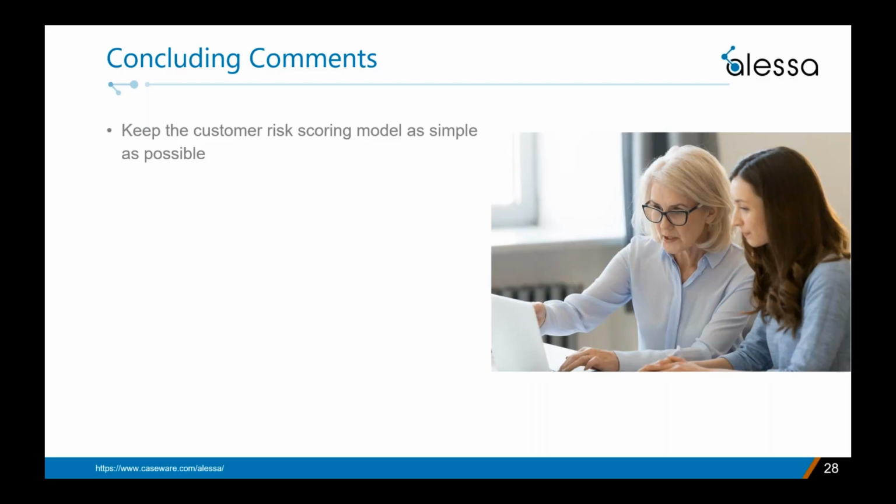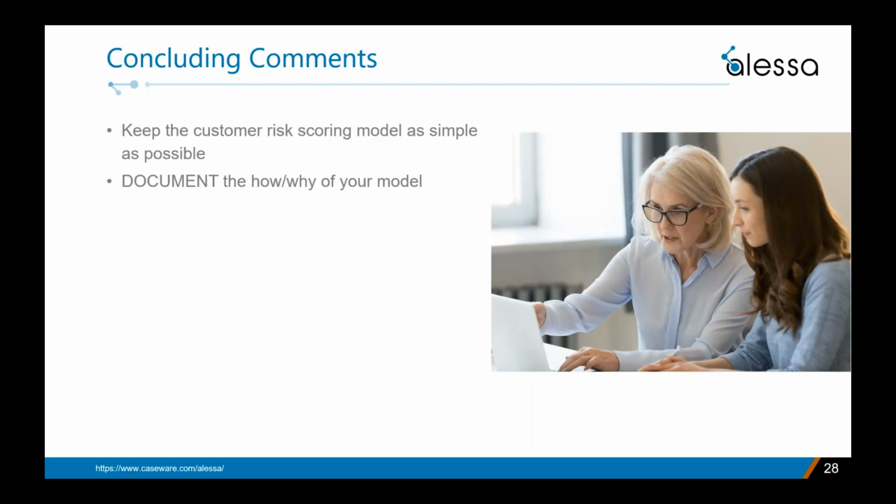Consider scoring your institution's products and services from a money laundering risk perspective, so then you can clearly demonstrate why certain ones are higher risk than others. And however you choose to build your model, make a formal record of how the model is designed, what your rationale is for the specific risk factors you're including, and why you may have chosen to weight them differently if you do so. The reason is good documentation provides a clear reference that you can share with regulators, your management, internal audit, as well as relevant compliance staff so they understand it.